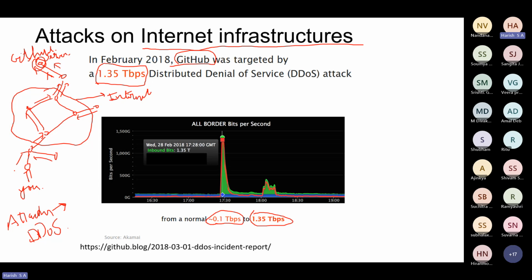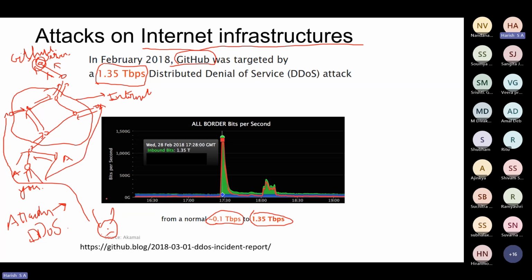Correct? So this is an attacker node, this is an attacker node, this is an attacker node, and this is an attacker node, let's say. All these attacker nodes are under the command of the attacker. So he has control over all these nodes.